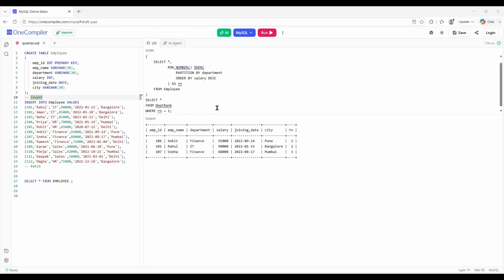Now another interview question can be to find highest employee salary in each department. So what changes would you do? You would add a window which is department. So partition by department, and then assign a row number to it, and then we use the row number is equal to 1 to get the highest salaried employee in each department. So you can see finance has Ankit, HR has Megha, IT has Rahul, and